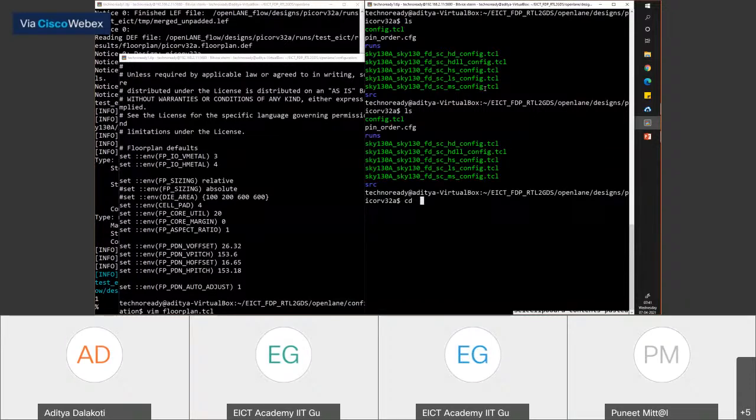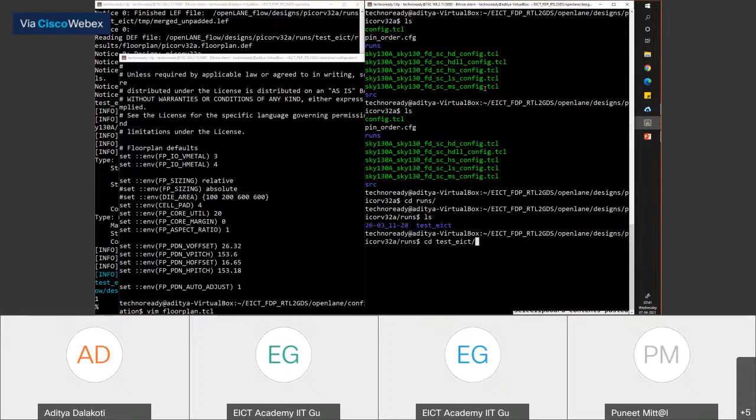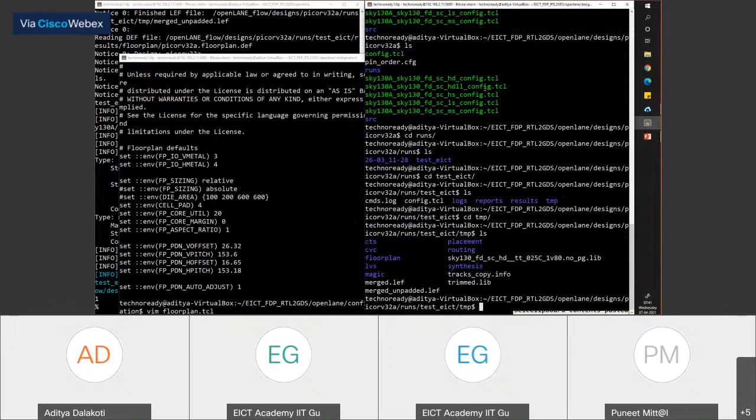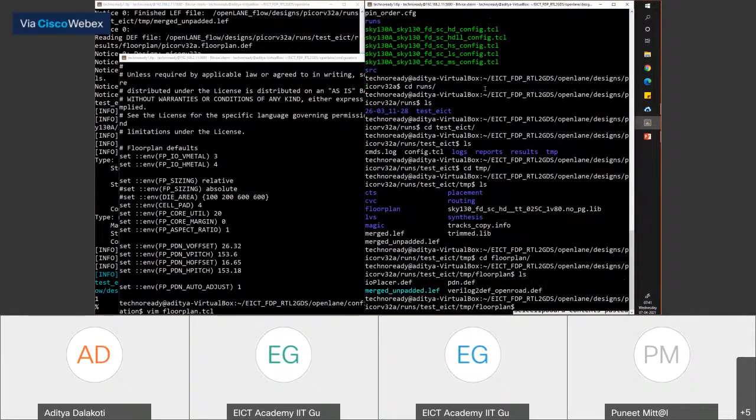So we'll go in the runs directory to test. Right now it's saying that it is still in the temp directory, because I think it did not run the tap decap. So let's go in floorplan, and it's saying it's in the pdn.def. Okay, let's observe this pdn.def.